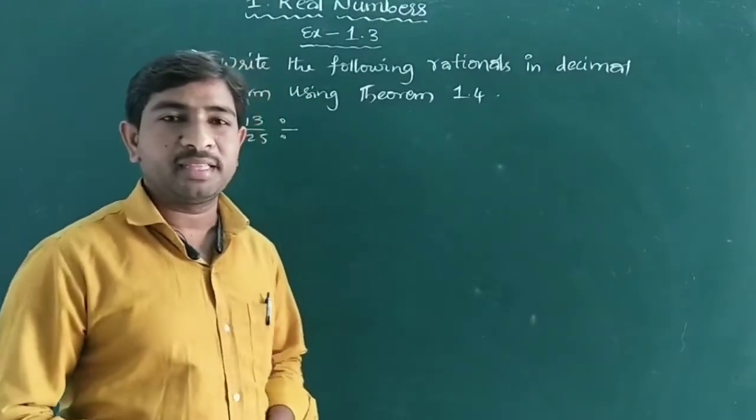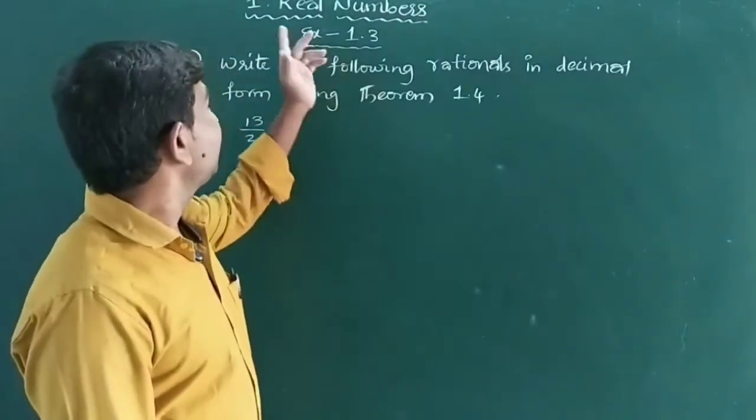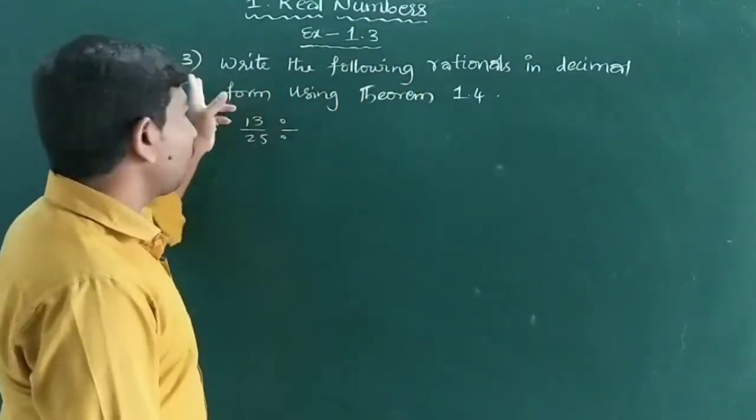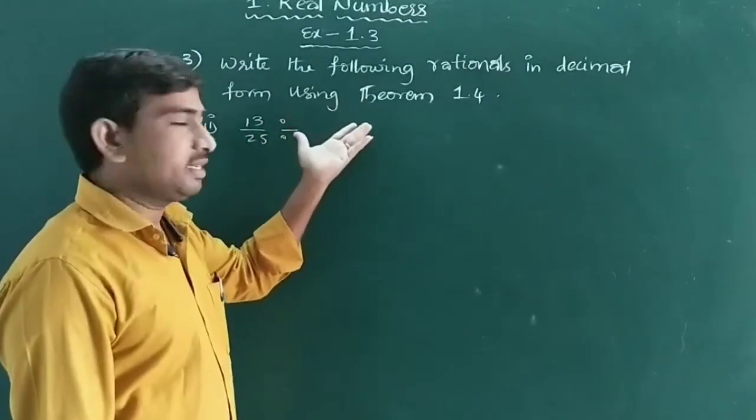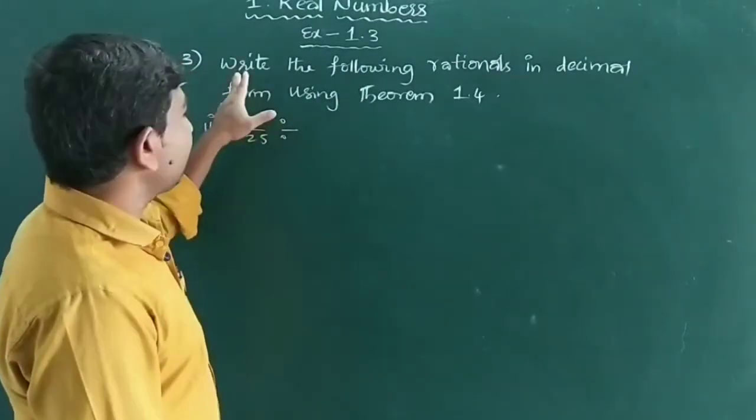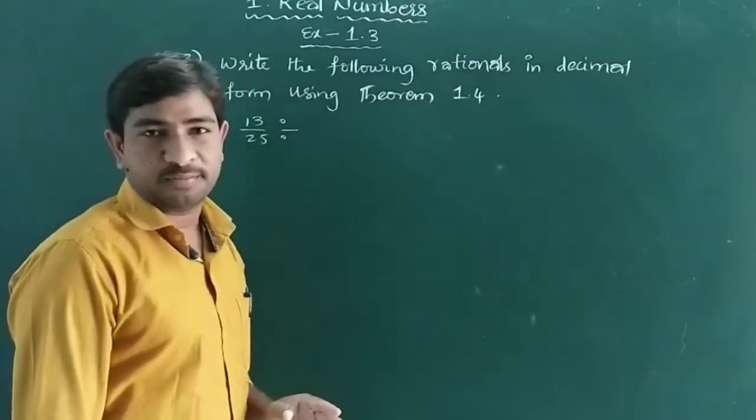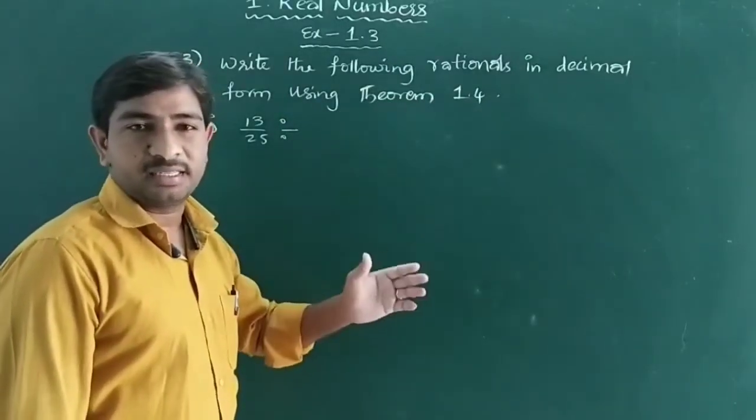I am going to explain the 10th class first chapter, Real Numbers, exercise 1.3, third bit question and answers. Write the following rationals in decimal form using theorem 1.4. So theorem 1.4 means here